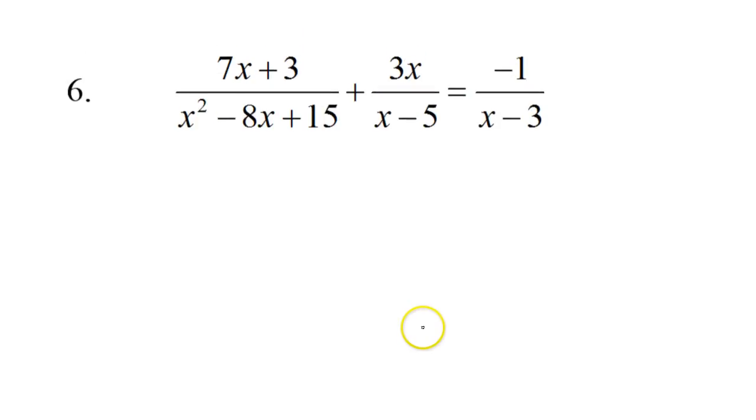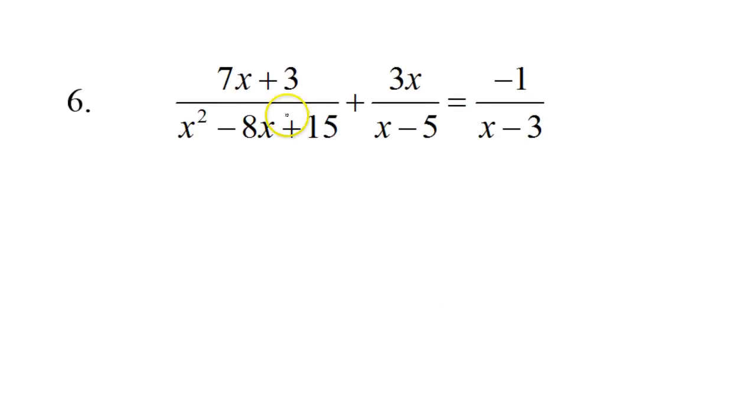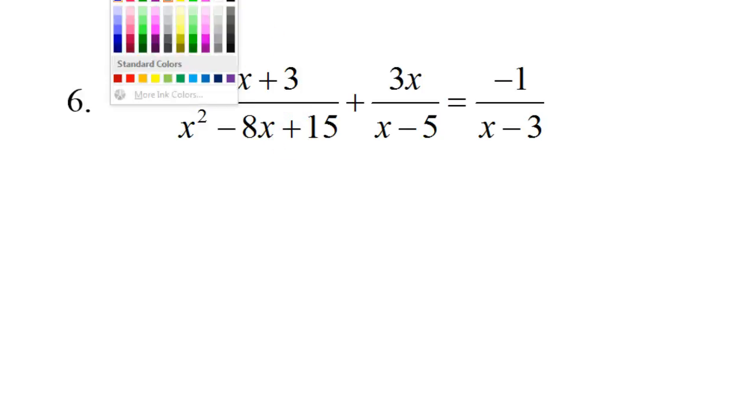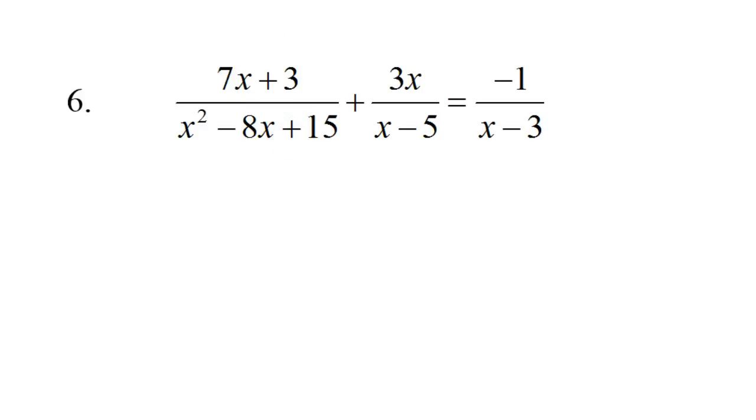Okay, so that was number 5. Let's do number 6 in the same way. I'm going to factor this as I write it down. So I have 7x plus 3 over,